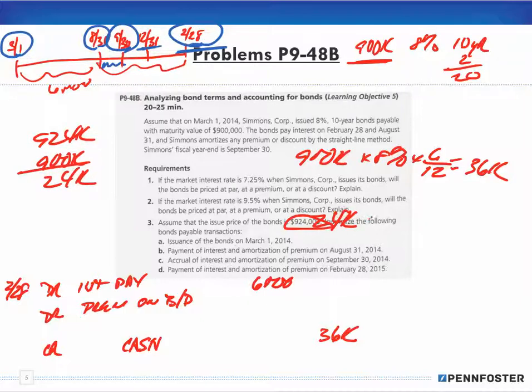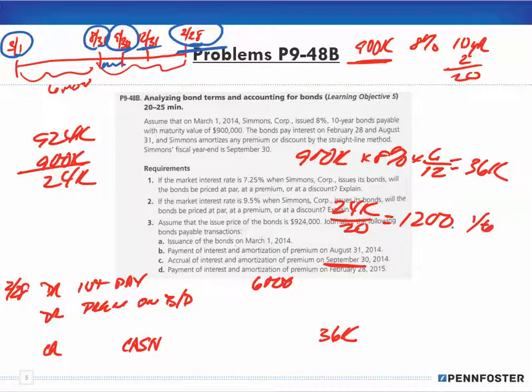And that 24,000 we're dividing by 20. So 24,000 divided by 20 gave us $1,200. But remember, when we did this for September 30th, we took 1/6 of it at that time,